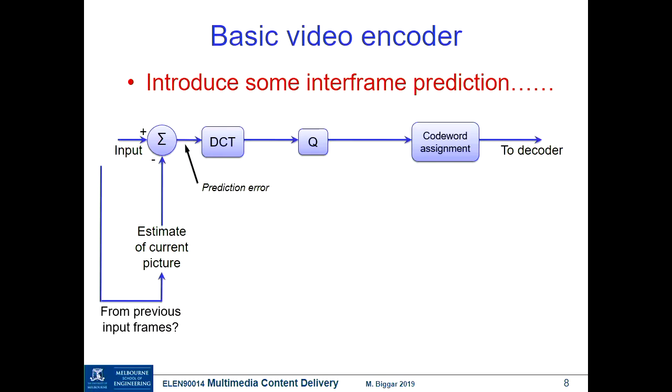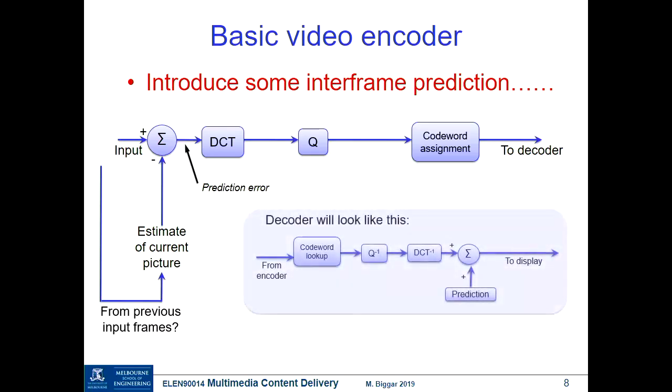We already talked about this issue, so I'll just talk through it rather than ask you to answer these questions, but just let me know if it's not clear. So what's being asked here is how do we obtain our estimate for the current picture? Do we use the previous picture from the input? And it raises exactly the same questions that we discussed with regard to predictive coding,